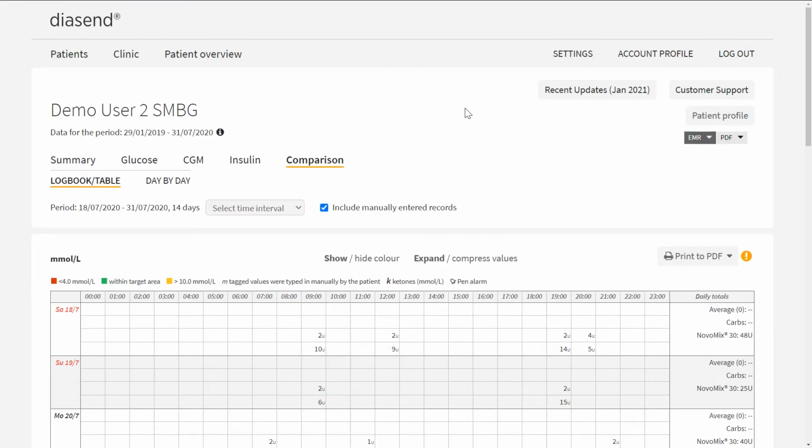When using a connected insulin pen with diasend, it's easy to see if a patient is likely doing priming doses, also known as air shots, before larger therapy doses. First, if you navigate to the comparison section within a patient's profile and look at the logbook and table, you'll